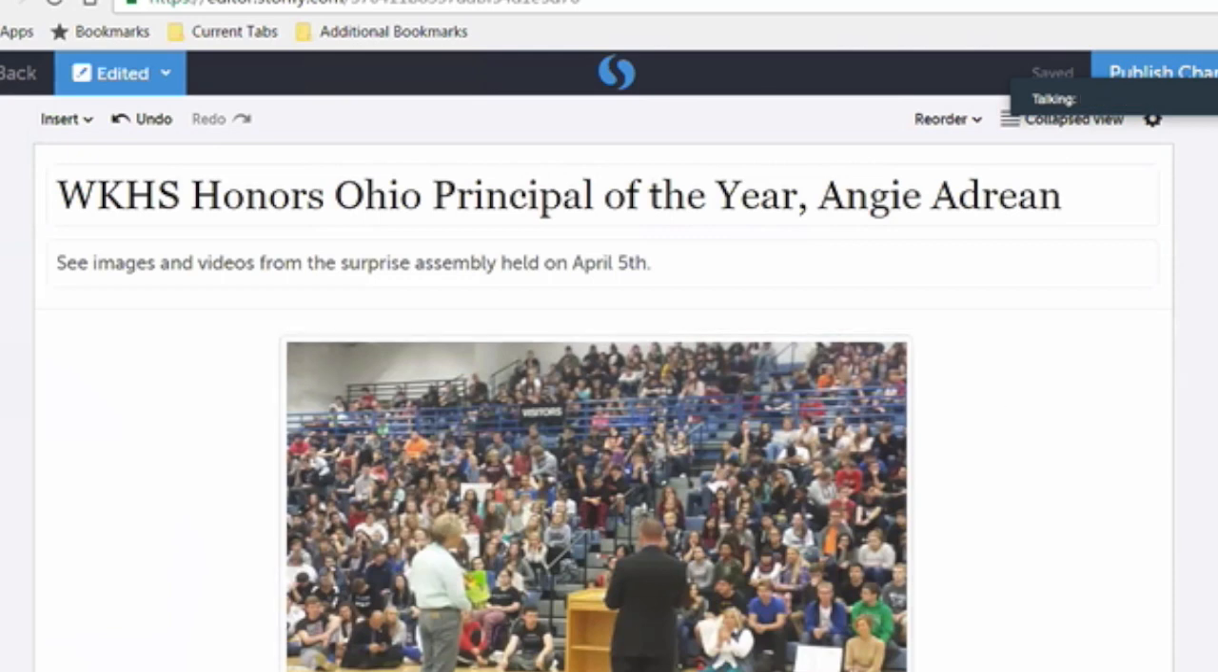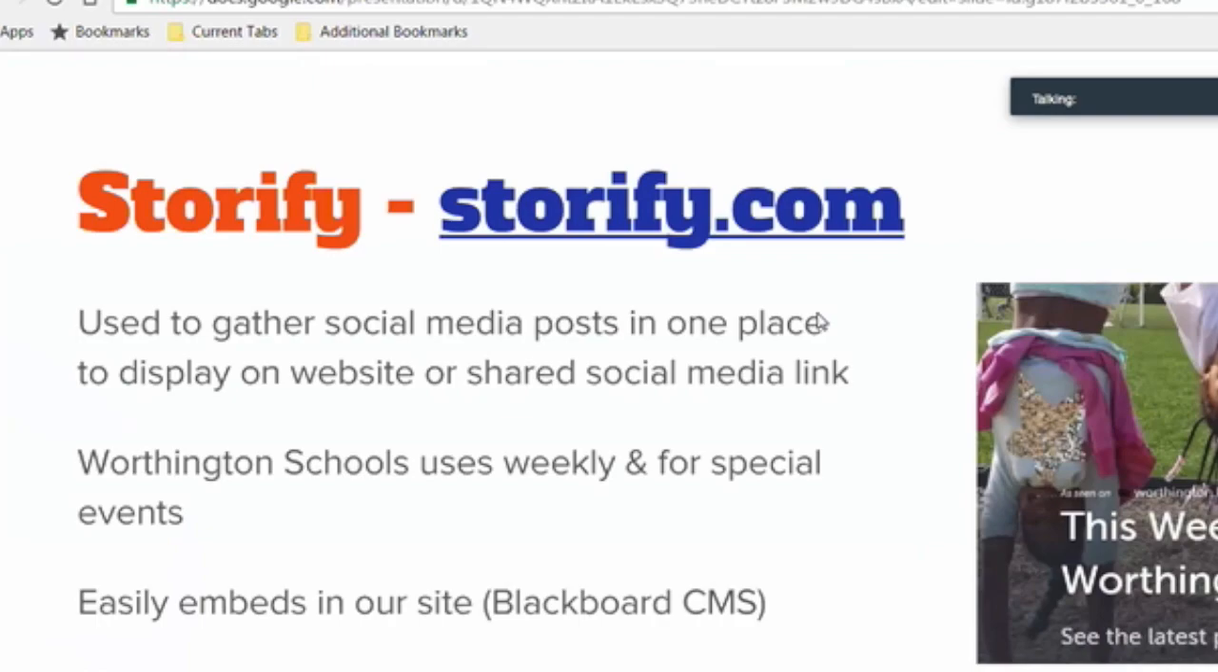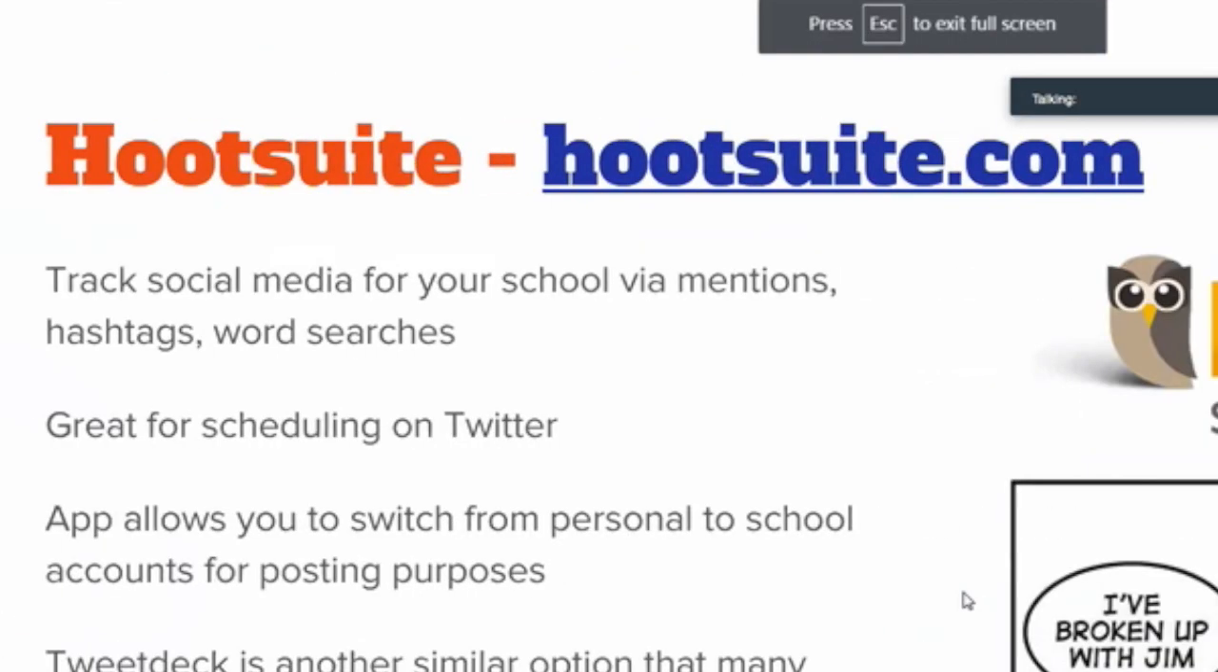Hootsuite, that is something that I use too. I love Hootsuite, and I know there's TweetDeck too. But talk about kind of how you use that. Basically, to track as